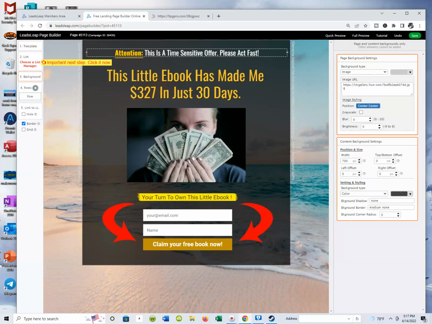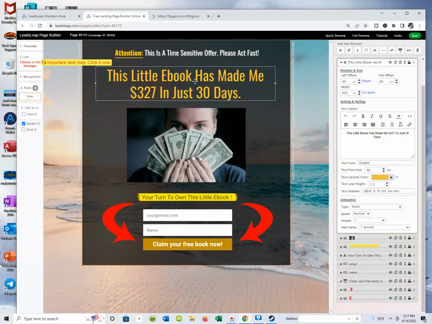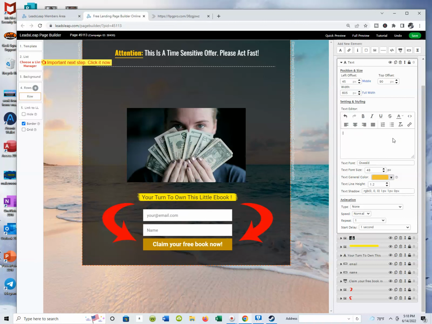Now, when you're in this page, all you really want to do is just click inside the box you want to work with or the fill, and it'll populate over here on your right. So I'm clicking inside of here, right? And you guys can see, here's that text right here where I'm highlighting. So theoretically speaking, I could take that out. I'm not going to change everything, right? We're talking about how to create a lead capture page in less than 5 minutes. So let's go to